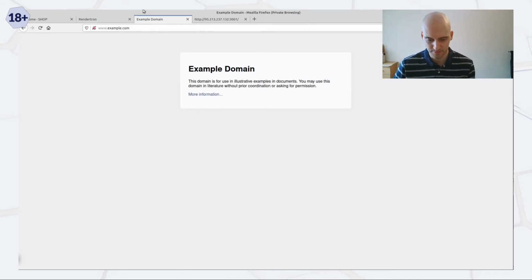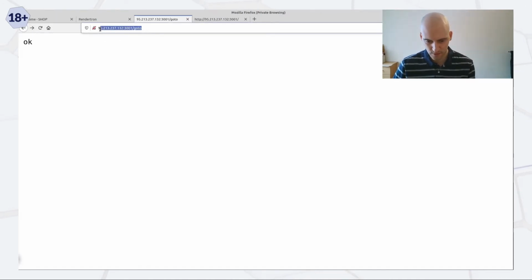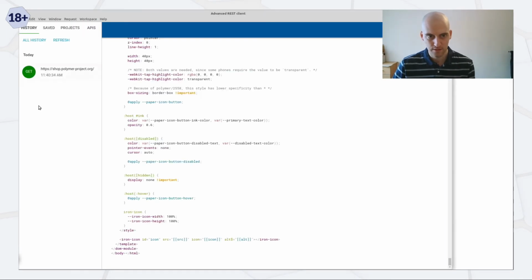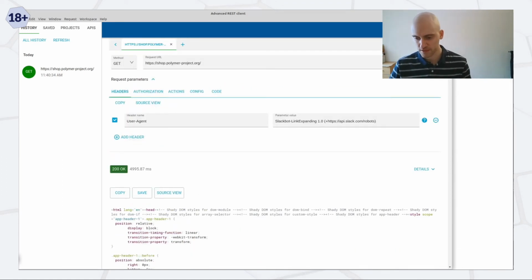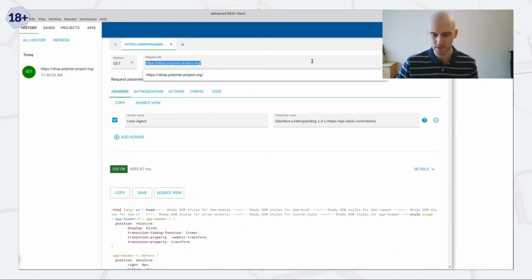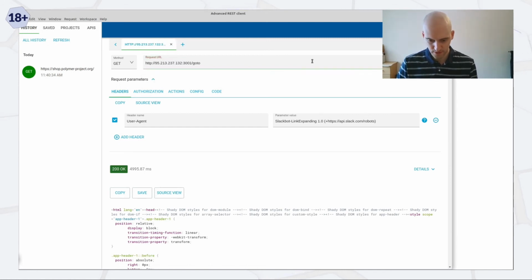Let's see it once again, but in the request application. The main point here is that this demo app is utilizing dynamic rendering, and if we pretend to be a Slack bot,